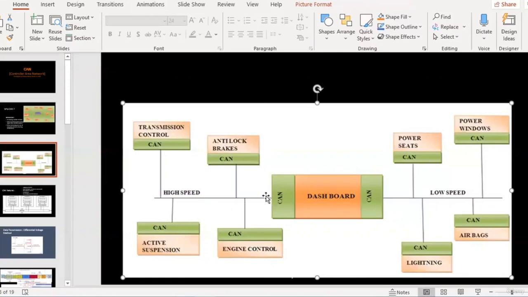Here the dashboard is taking high speed messages on one CAN line and translating that data into the low speed CAN line, if any of the ECUs needs information from the other CAN line. That is the work done by the dashboard ECU, which is also sometimes called the gateway ECU.